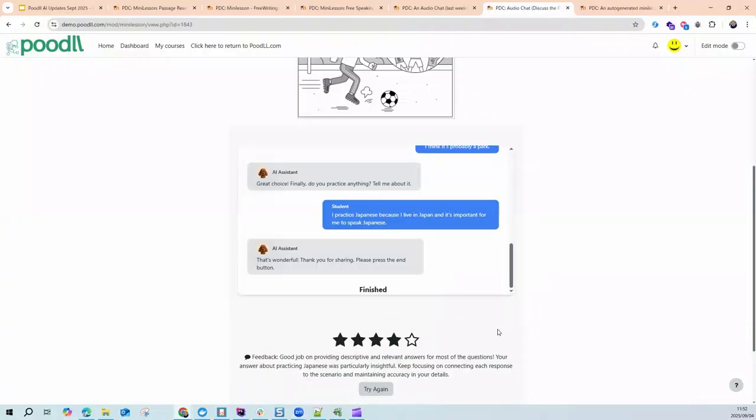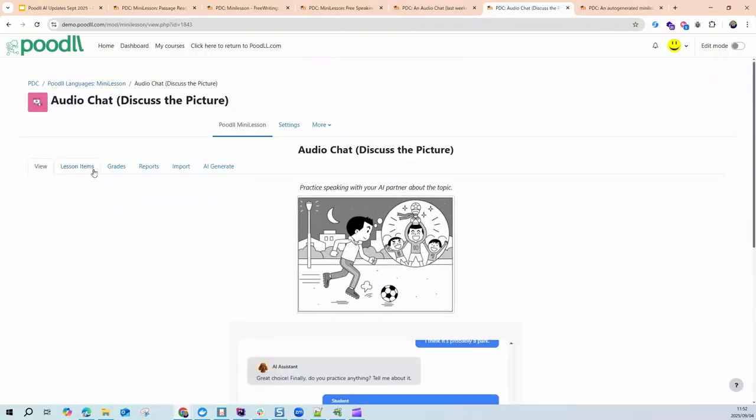Okay, and I think it did a fairly good job of following the instructions that we gave it on how to respond to the student. It's recorded all of those answers, so as a teacher we're going to be able to go through and see how the student responded to each of those questions, and it's given us a grade as well and some feedback for the student. Let's just quickly go and have a look at what the